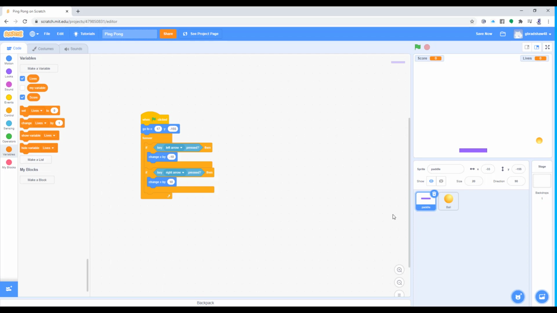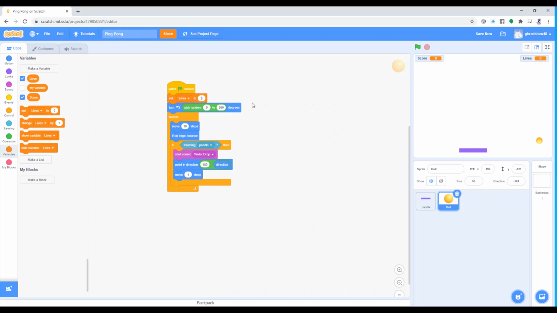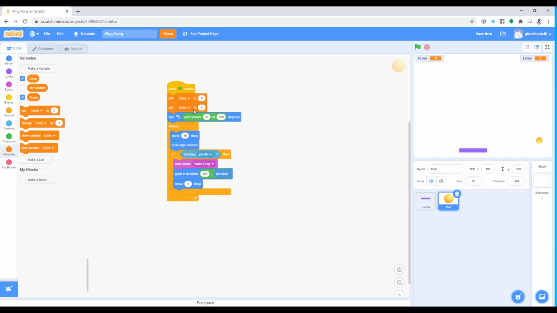So now we start with the code. That's the hard part. At the moment, we've got the paddle and we have the ball. I'm going to change the code in the ball. In the ball, it says when I start the game, the green flag, this is what I'm going to do. The first thing I'm going to do is, obviously, when we start the game, we want the score to start at 0 and the lives I'm going to set as 3. So you get lives in this game. I'm going to set the lives to 3, and I'm going to set the score to